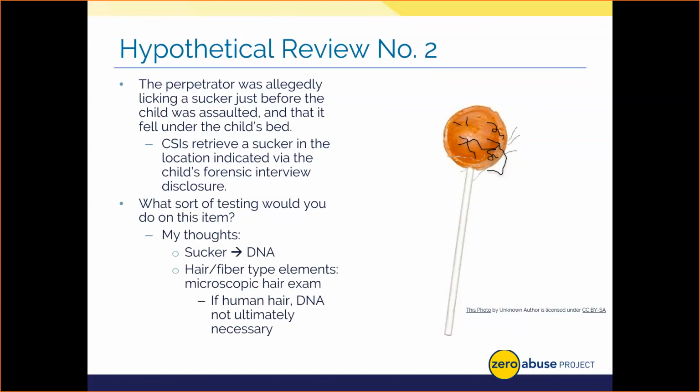Let's say that we do still send the suspect trace items on for testing. We confirm there's human hair present, but no root for DNA. Then we find out and confirm that the fibers from the sucker match the carpet, and the sucker is in the victim's room. But does it tell us anything new in addition to or more probative than the DNA from the sucker itself? Or more powerful information than the results from the previous hypothetical evidence involving possibly blood and semen, or maybe even that saliva?